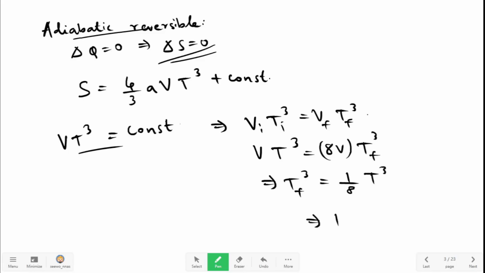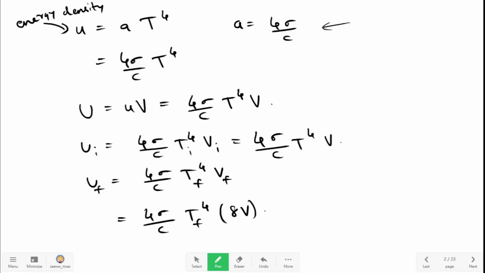This implies Tf is equal to, if you take the cube root on both sides, T by 2. Let us put it back here in this place. Then we will get Uf is equal to 4 sigma by c, T by 2 the whole raised to 4, times 8V, which is equal to,